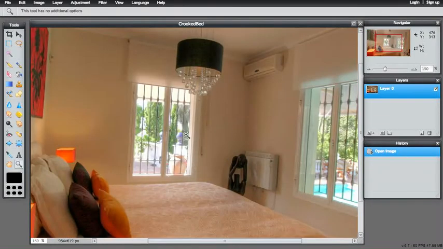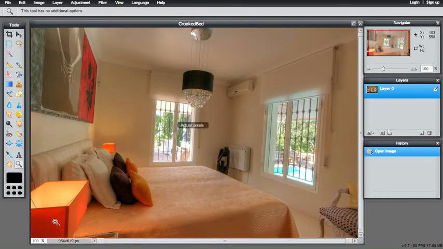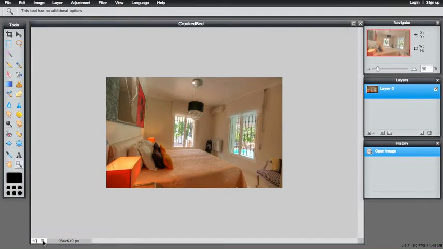So let me zoom back out, and I'm actually going to take this down to maybe about 50%, and you can do that down in the left hand corner. There's a percentage, and this is how big your image is viewed. Once I zoomed out, we have a little bit more area to work with around the outside of the image. Now we're going to go to transform, and transform means you can scale and rotate the image, and that's going to be under